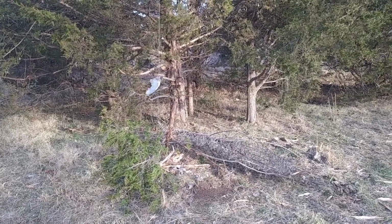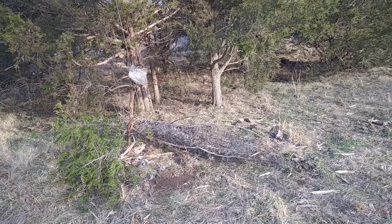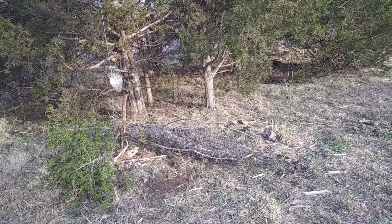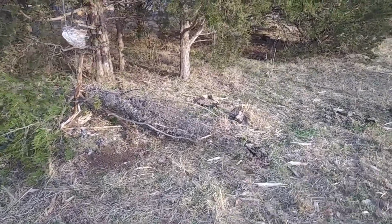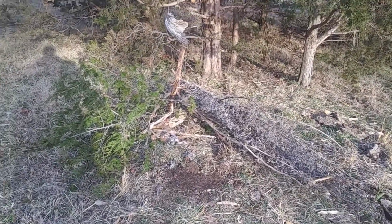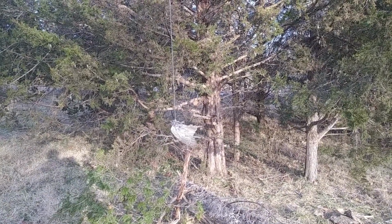Alright, there's the cat set. I'm trying to funnel them in with that piece of cedar bough there, some of that other old cedars and thistle that I found. Just kind of funneling them in. Cats seem to be notorious for not wanting to go all the way into a set, kind of like a coyote will. So I got a pheasant wing off one of my pheasants that had died recently,